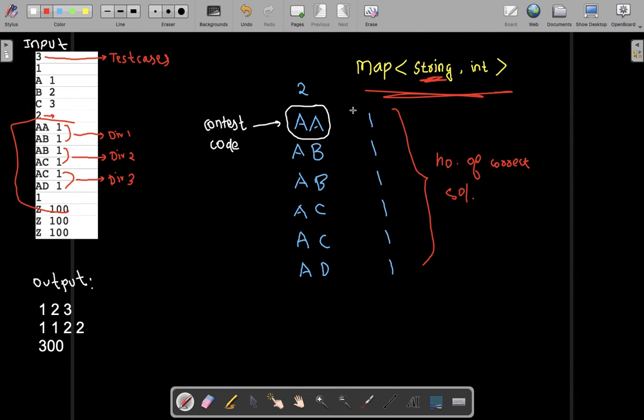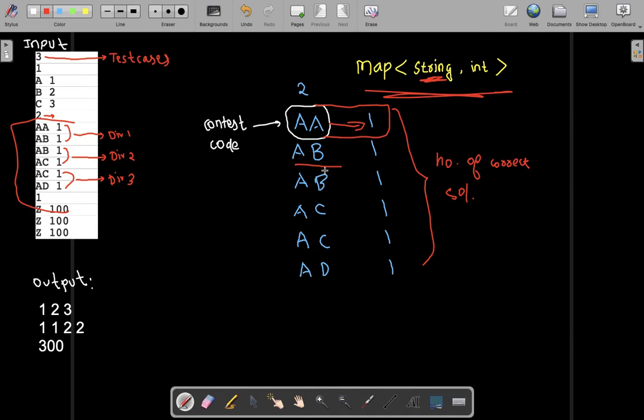Initially I'll find AA. If AA is not present in the map, I'll insert it into my map. Again, I'll try to find AA. Okay, we have AA in this case, so I'll just add one, and the same with this, I'll then find AB.